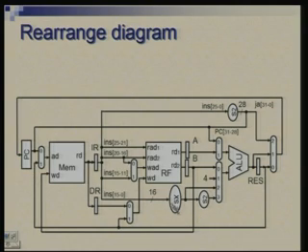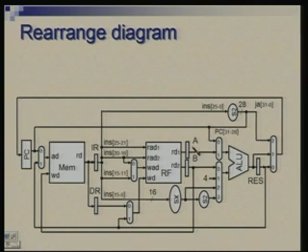Apart from that, we have the usual control requirements for memory, register file and ALU. We also need to look at these registers, in which cycle we load them and in which cycle we do not. So, for example, if you take, let us say, an add instruction, after the first cycle IR gets loaded,